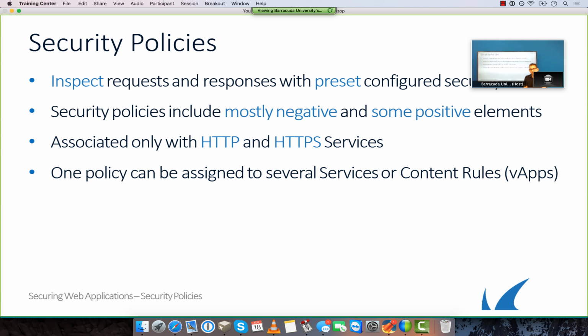Now, a security policy is made of mostly negative elements and some positive elements. Remember the slider? Okay, so we are tending towards the negative here. Why? Because we don't want to have a baseline configuration that is starting to block too much. Otherwise, we will start to have false positives. Okay, so the slider tends towards the